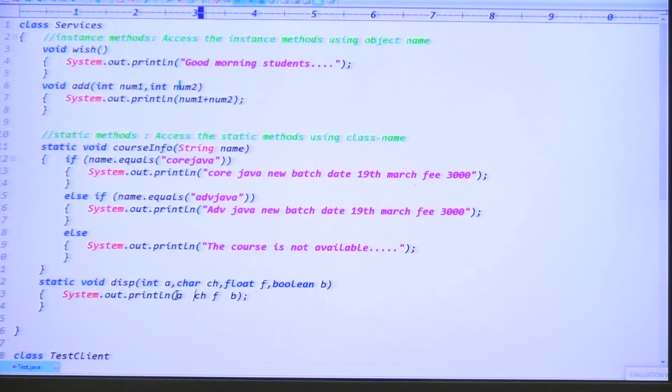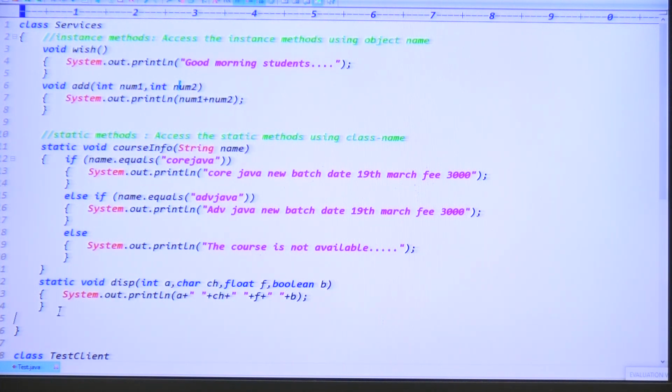If you want to print the 4 variables, you can take the 4 variables like this, and between every variable you can give the plus operator like this, plus double quote some string space, again plus some double quote space plus closing. Between every 2 variables we have to use some string operation, plus space like this.